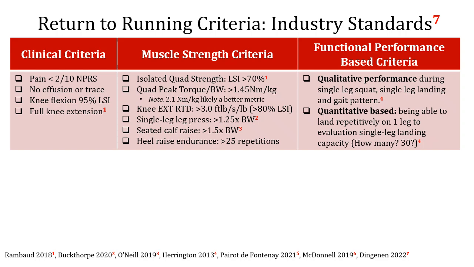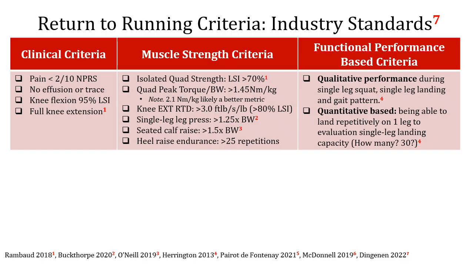Again, we know that when we looked at the actual running demands, greater than 70% and up to 90%, depending on the running speed, is necessary for someone's force production. I know the units here are in metric. You can simply divide the metric values by 3 to get your English units. So your 2.1 Newton meters per kilogram would equate to 70% of foot-pounds per pound of body